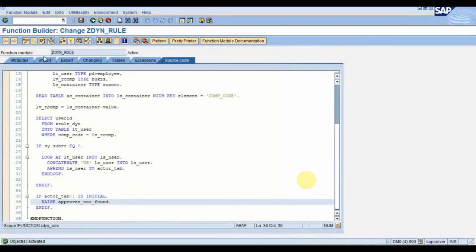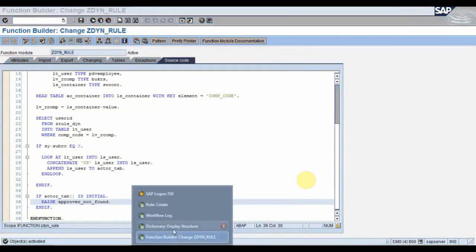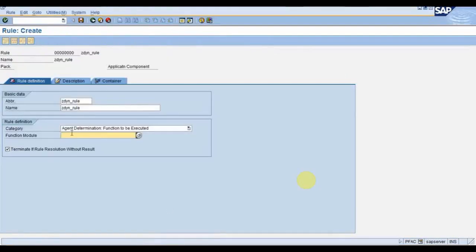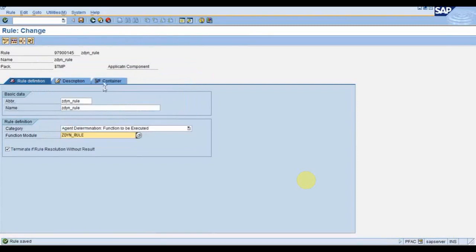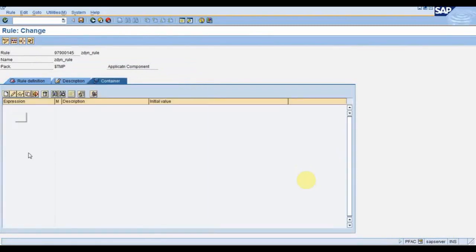Now copy this function module, go to the transaction PFAC, now paste here, save it. It is saved. Now going to the container tab, create the rule container.